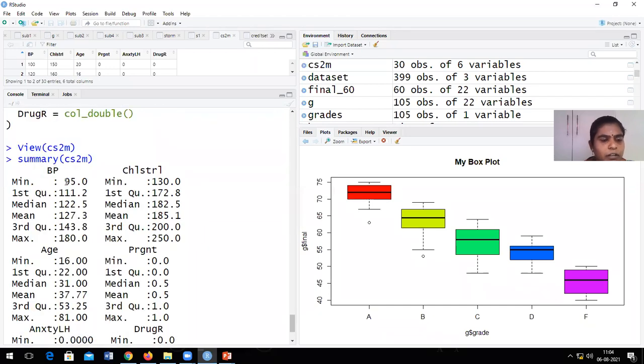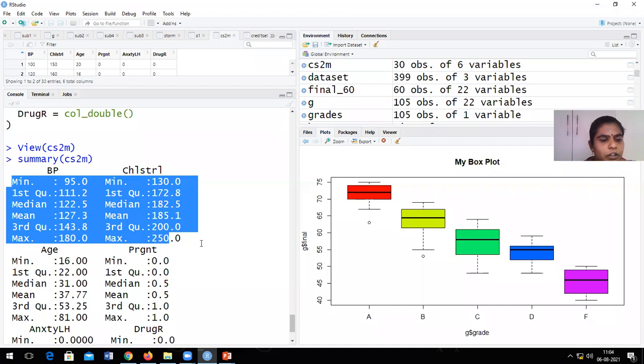Now look at what is there for each and every variable. You could see the minimum value in the respective column or variable. You can also see the maximum value, median value, mean value, and also the first quartile and third quartile. Can you see that? This is what you call summary data or descriptive data about the individual variable. Am I right? Okay, we are able to generate it.